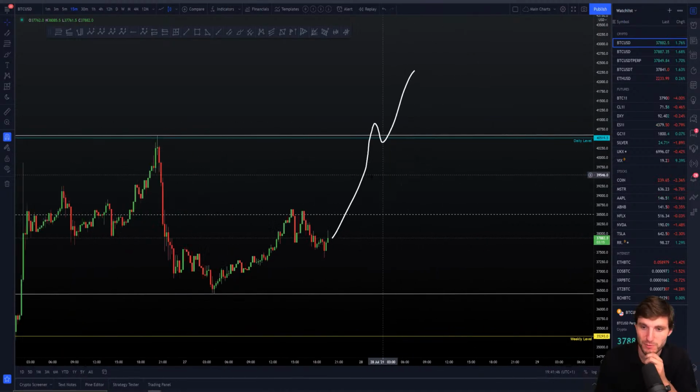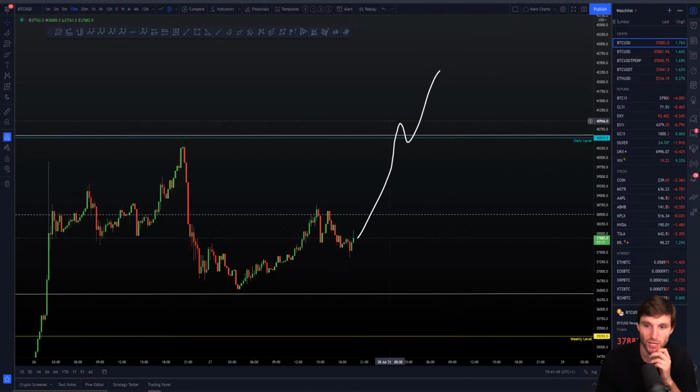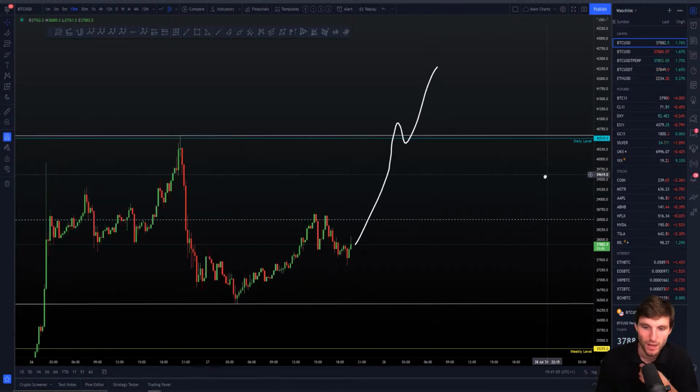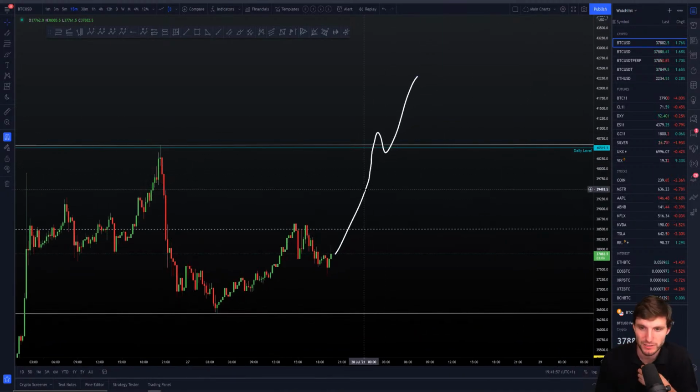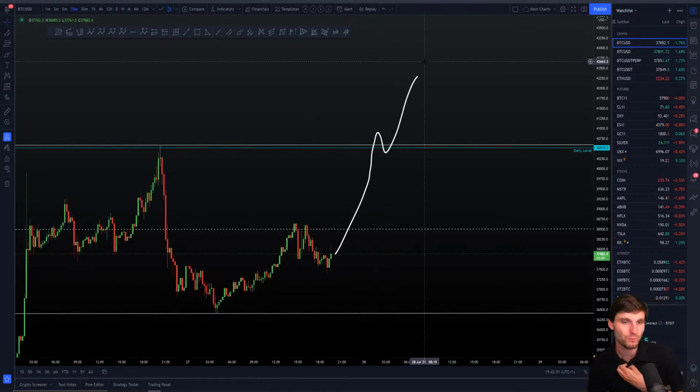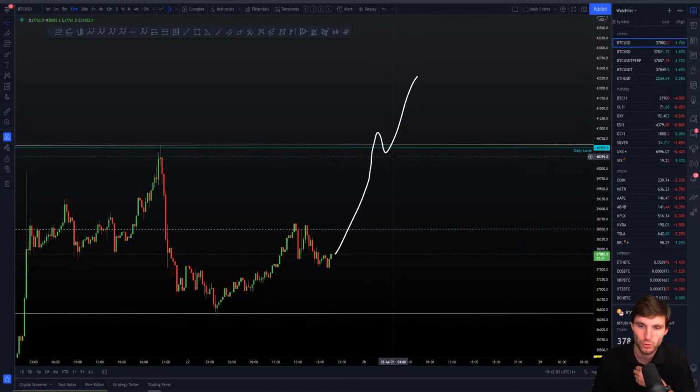That's the first thing you have to remember. I am not a breakout trader. So if this broke out and I was in no position, I would stay in no position. I wouldn't even look to long a breakout. That's the first thing to bear in mind. So the way I prepare for this, if we broke out strong,